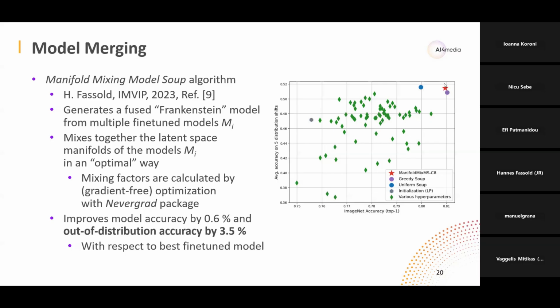Yeah, and the star here is our merged model. The uniform soup is a simpler algorithm, and it's also doing quite well in terms of out of distribution generalization performance. And it's super simple to calculate. You're just averaging all these green fine-tuned models. Greedy soup is a bit more involved, but not much more. And our algorithm is actually combining the good performance of greedy soup and uniform soup.